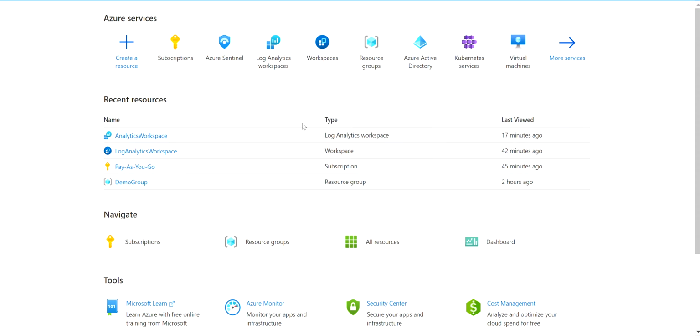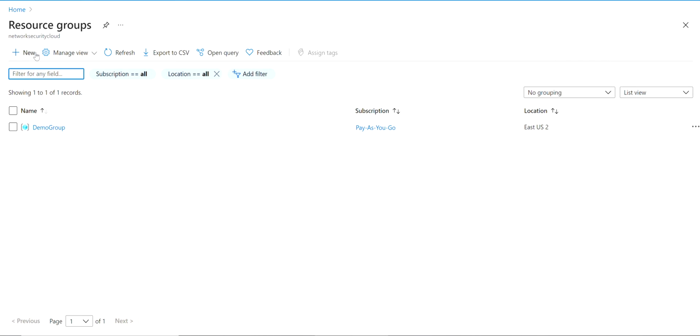There are various regions in the world that Microsoft Azure leverages as data centers, right? So this way, maybe for some reason you wanted to store your logs within the United States. Maybe you just wanted to store your logs within Europe, right? So this is where the resource group would come into perspective,